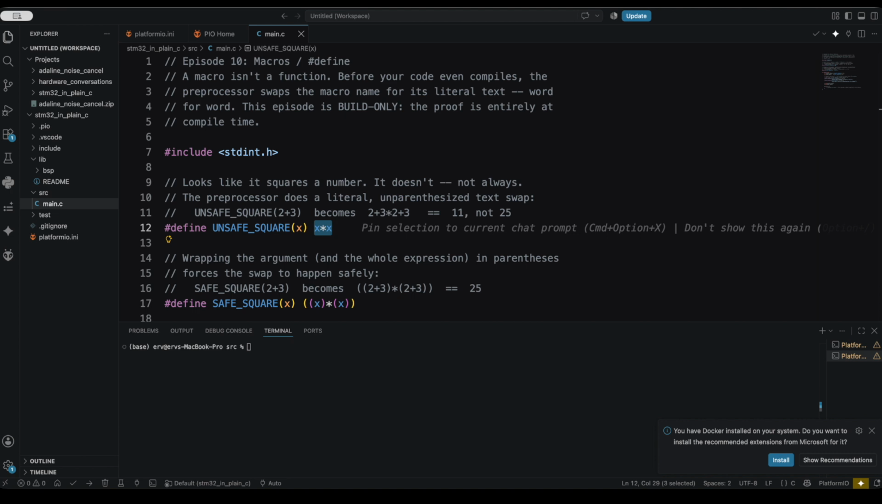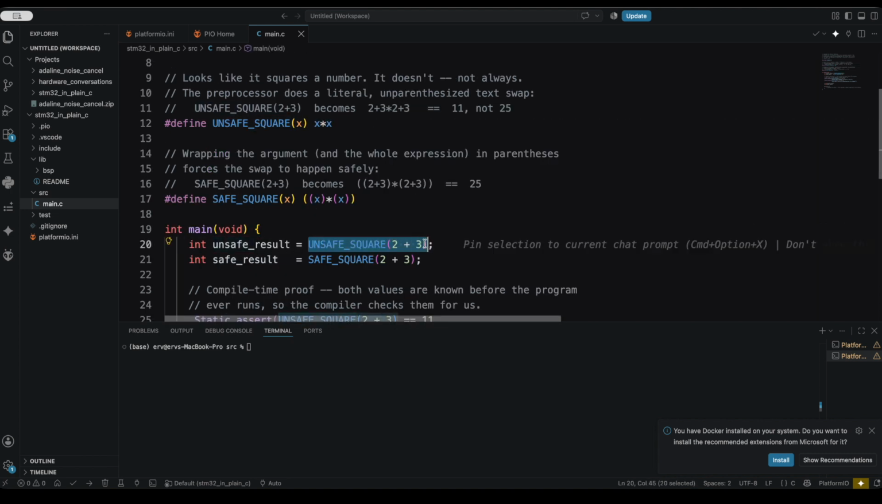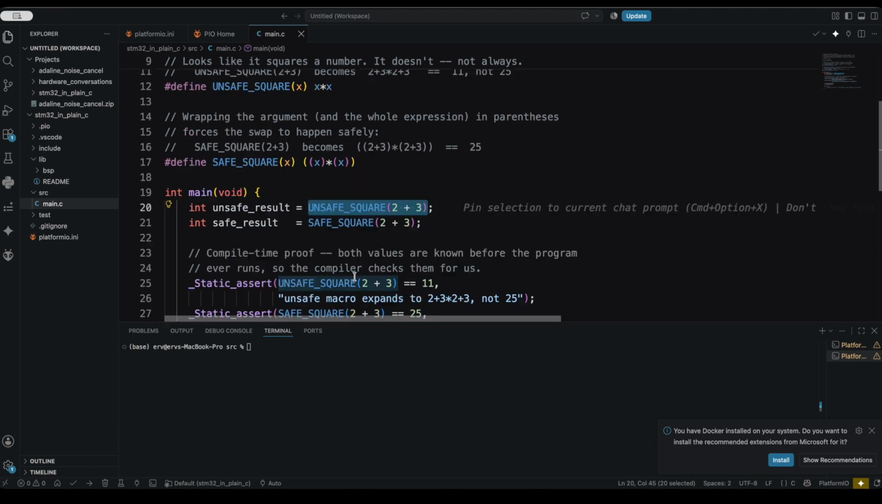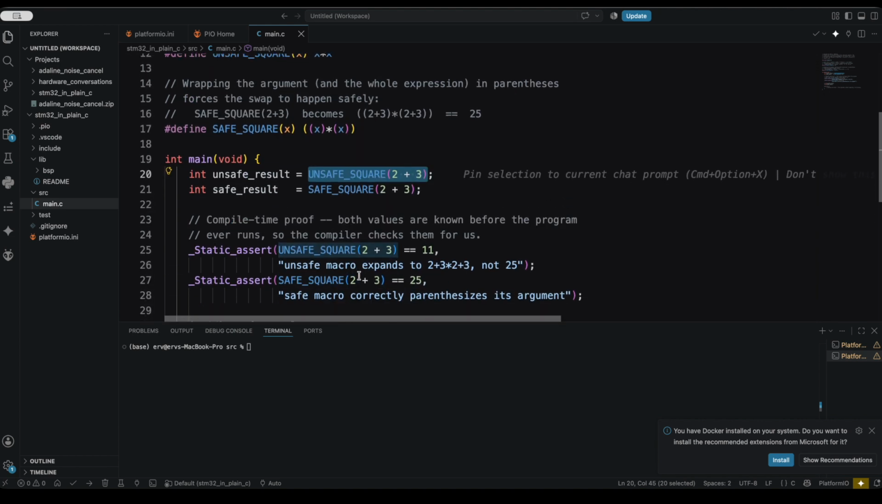It runs in a completely separate step before your code is even compiled, called the preprocessor. And all the preprocessor does is swap text, literally word for word. So when I write unsafe square 2 plus 3, the preprocessor doesn't compute anything. It just replaces the x with the literal text 2 plus 3 everywhere x appears, which means that actually what